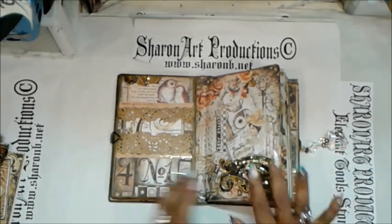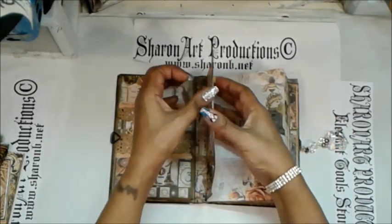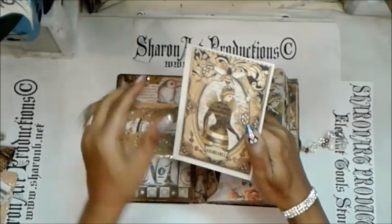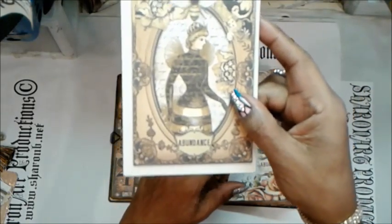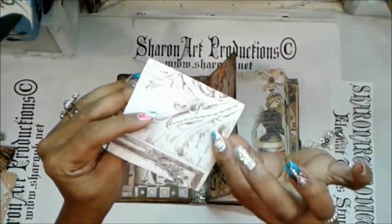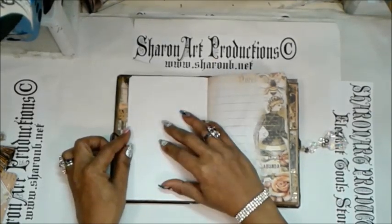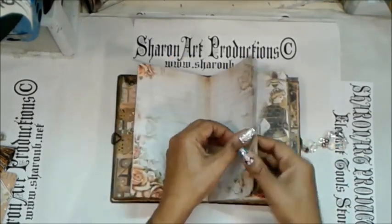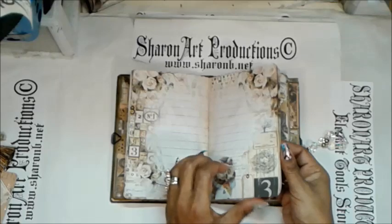Yeah. And so then we get to the journaling pages, and this is just a book of journaling pages, and there's a pocket right here, and I'm gonna put a card in that pocket. I'm gonna put this beautiful card with the bee lady, the abundance lady, the lady of abundance. I'm gonna put her in there. And the mystery card, I'm gonna put it in there. And this page right here is blank, and you could journal on it, or you could back it and make it another page. And so then all through here there are just the papers that I created for this little journal,